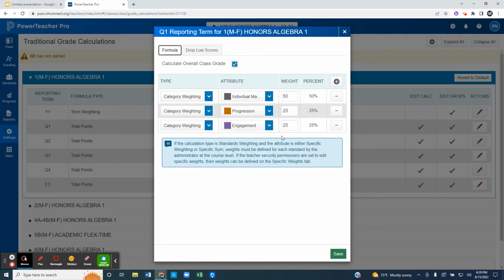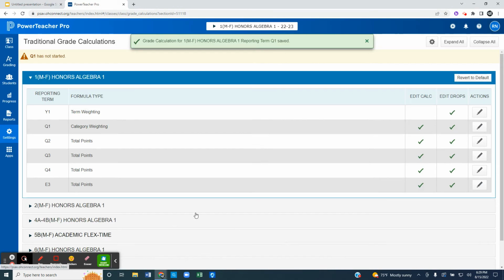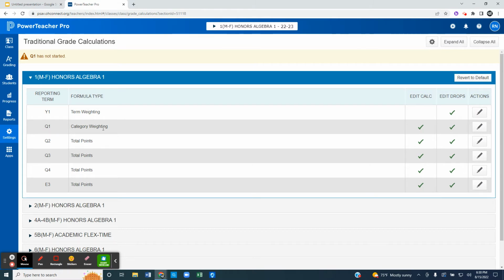I have my weight set for my quarter, and I hit save. You can notice in first period class, I have now modified quarter 1 to be a category weight, but I haven't done anything with the rest of the quarters, nor have I touched any of the classes. It could be daunting to do each one of these individually, but lucky for us, we have a nice copy